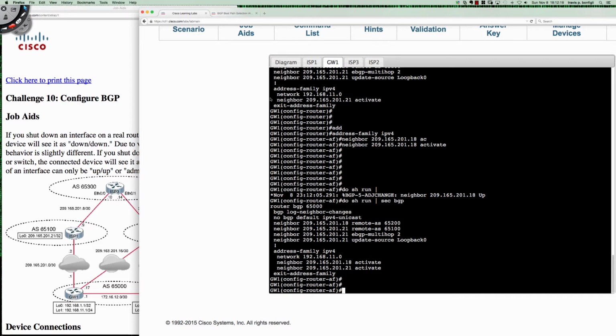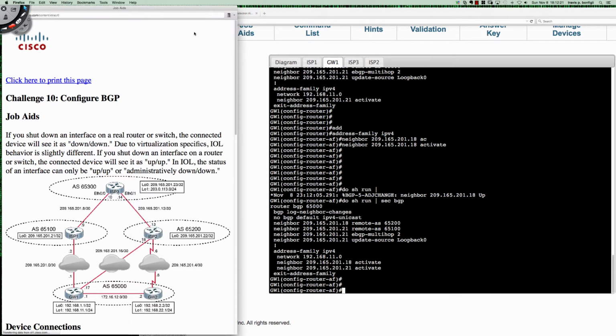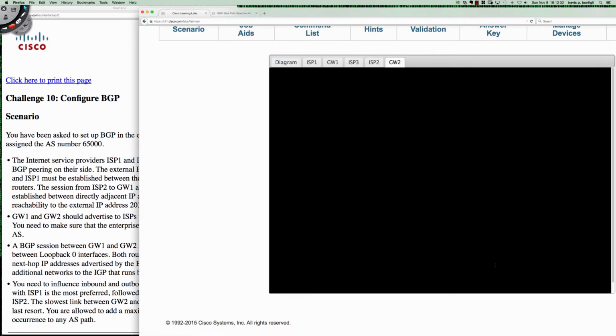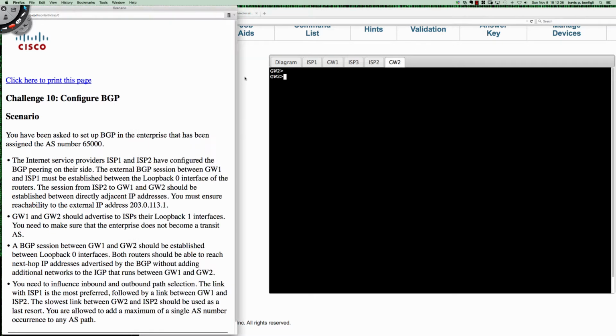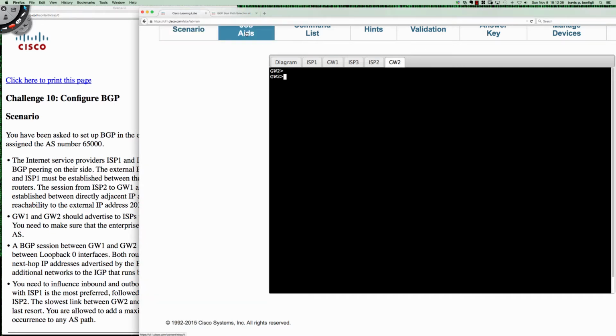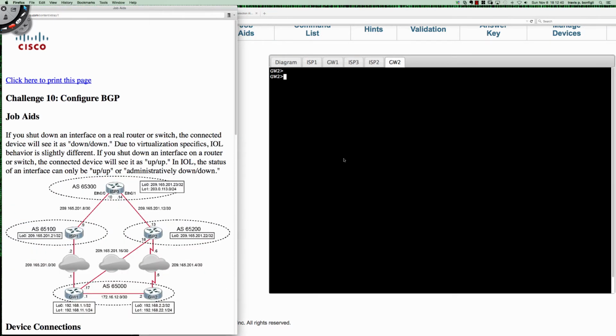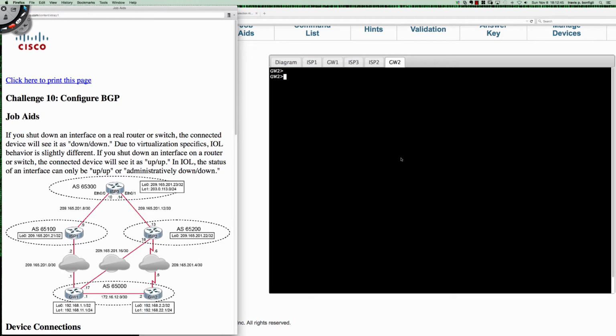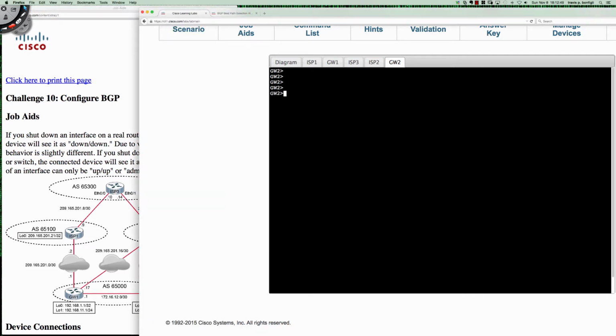All right, so let's take a quick look at the scenario here again. The peering between ISP2 and gateway 2 should be established using directly connected networks. So now let's take care of gateway 2. We haven't done anything on gateway 2 yet. So we jump over to gateway 2 and let's take care of the reachability between gateway 2 and ISP2. So we'll go from user exec to privilege exec